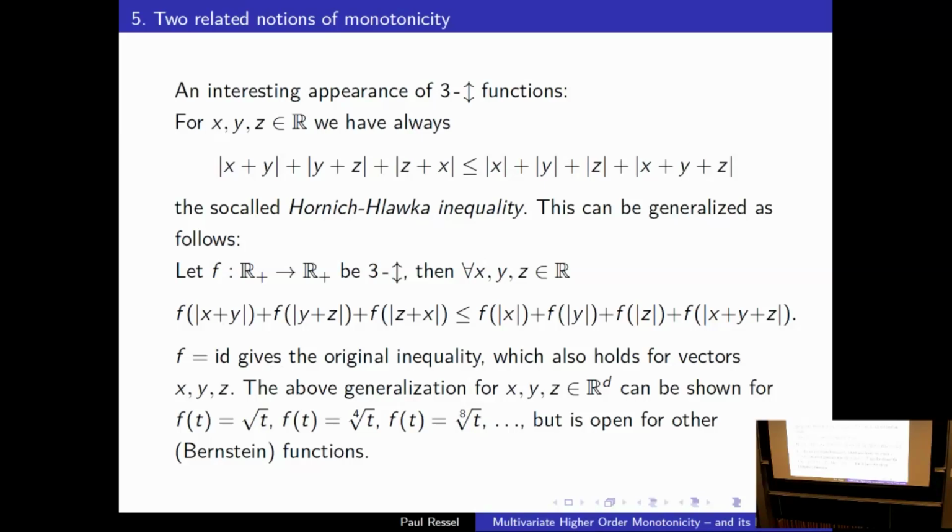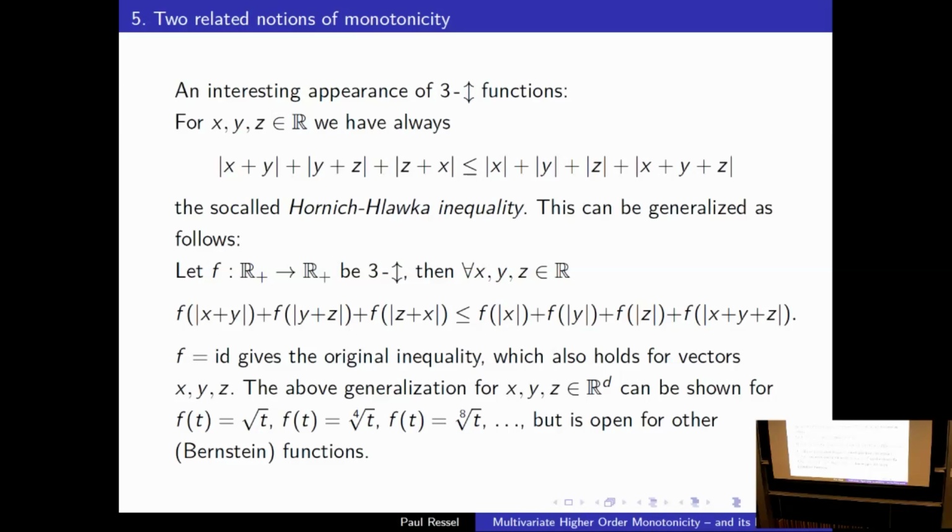Let f be a non-negative 3-alternating function. Then the same holds if instead of the identity, which is here unwritten, I put an f everywhere. Yes, f equal to the identity gives the original inequality, which also holds for vectors in the Euclidean space, so in particular for complex numbers as well. But this generalization for vectors, I could show for the square root, for the 4th root,